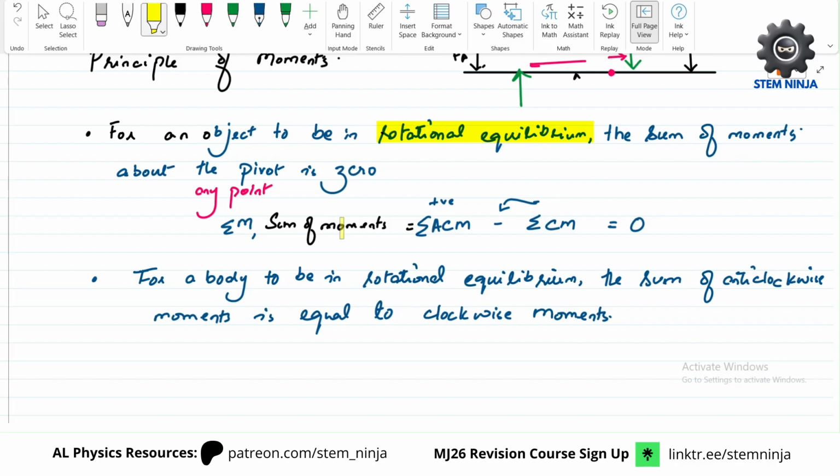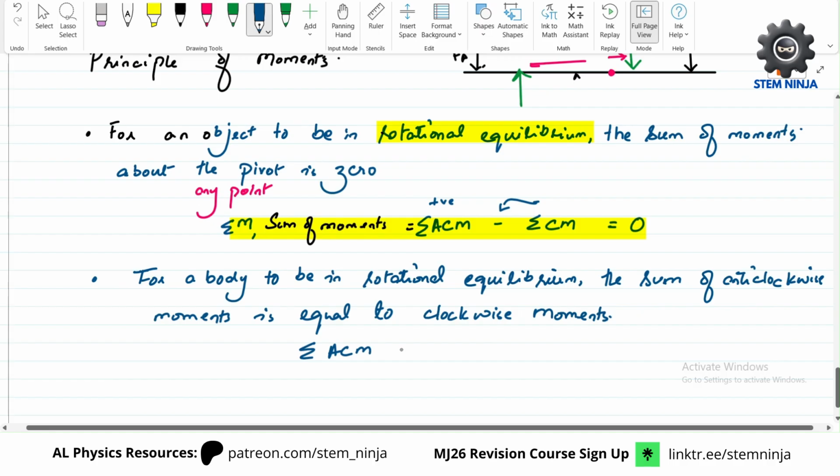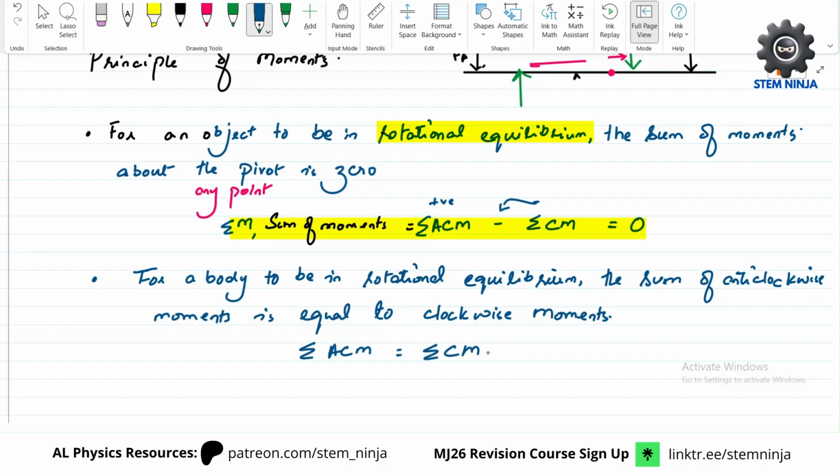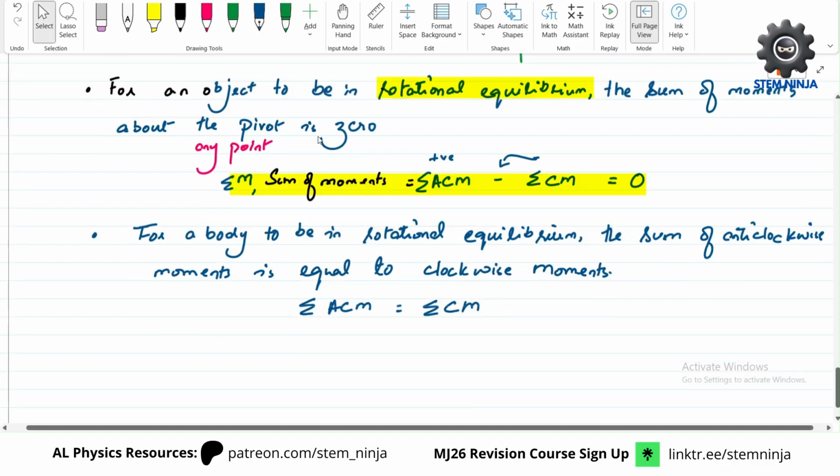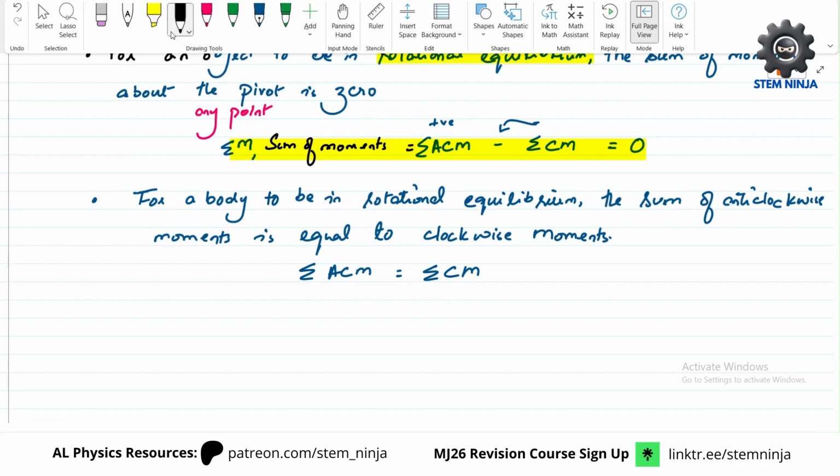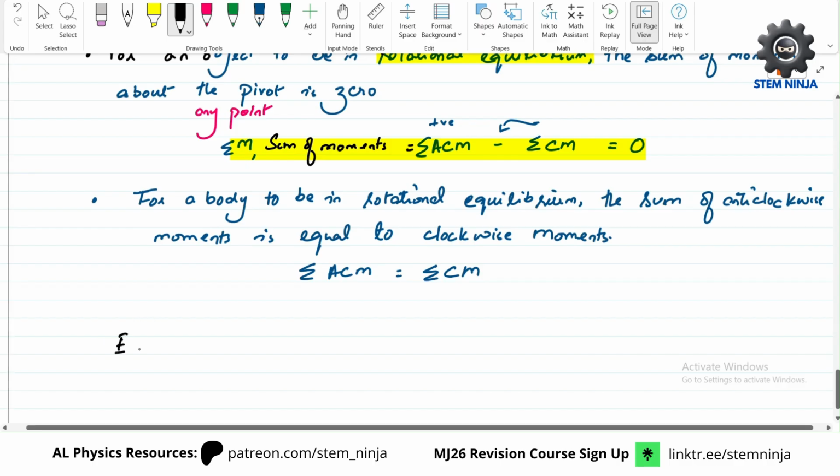So if you just simply rearrange this equation, you will have the sum of anti-clockwise moments equal to clockwise moments. But this is just for rotational equilibrium. What about the equilibrium in general? What about the translational equilibrium? We already know for translational equilibrium, if the resultant force is zero, the object will be in equilibrium. So the conditions for equilibrium are now